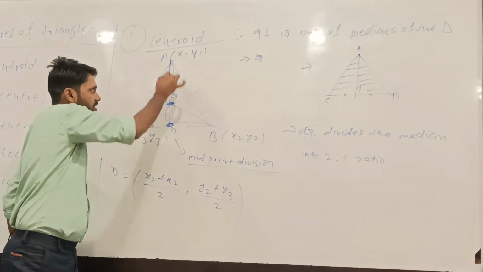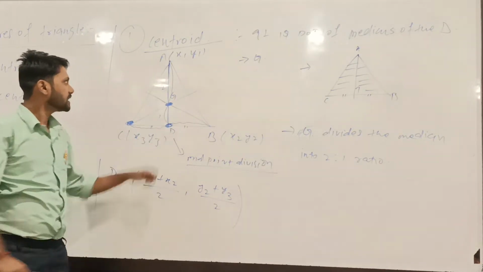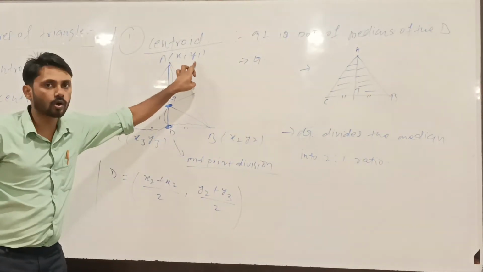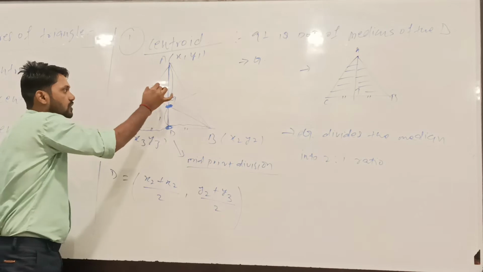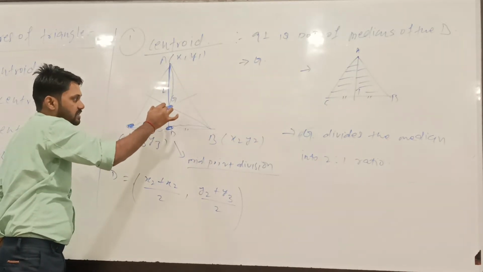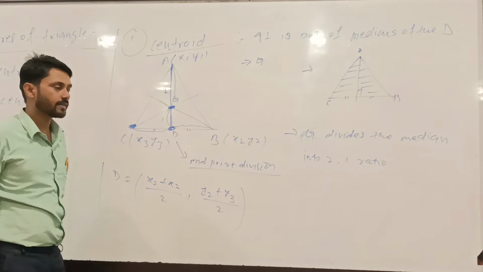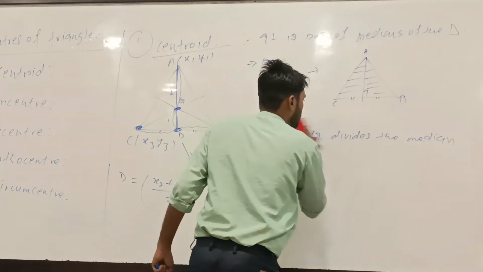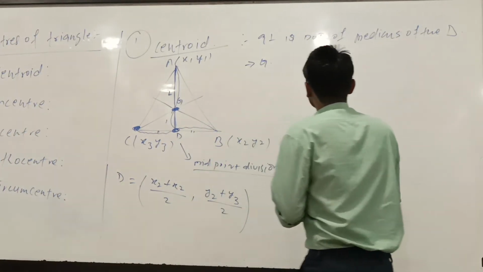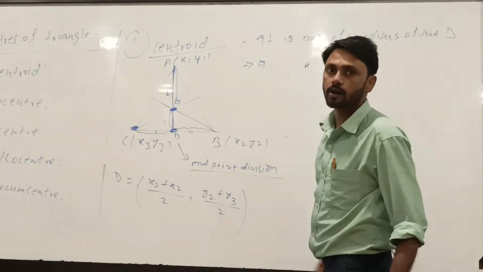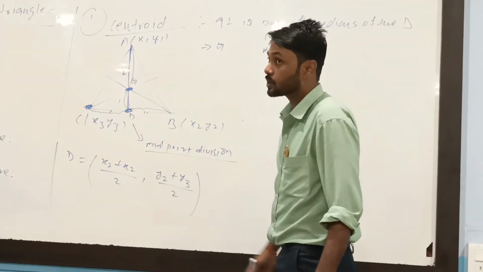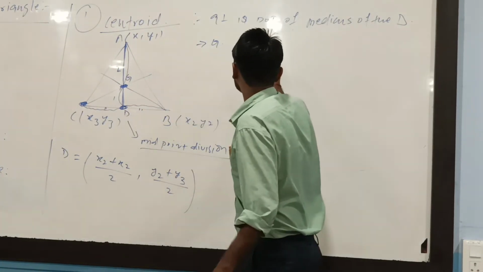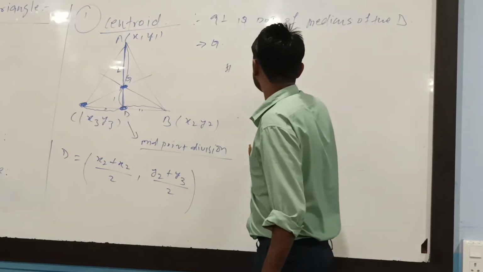So once you have the D point, the A point is already given. Then think about this line segment AD. If the D coordinate you have got, the A coordinate is already given, then the ratio is also given as 2:1, that is this length 2, then this length will be 1. The ratio is already given, so again you can apply the section formula to get point G. So we are going to get the coordinates of G.